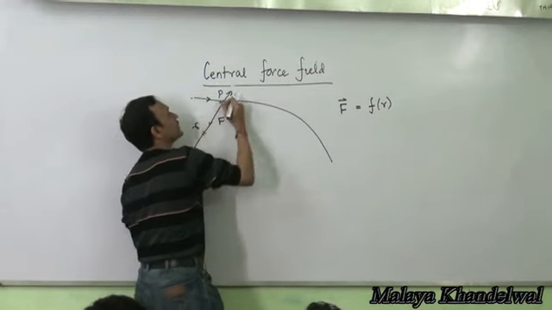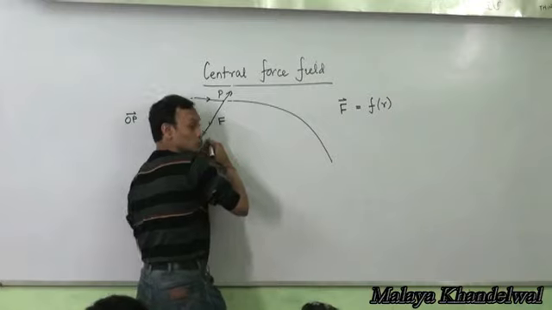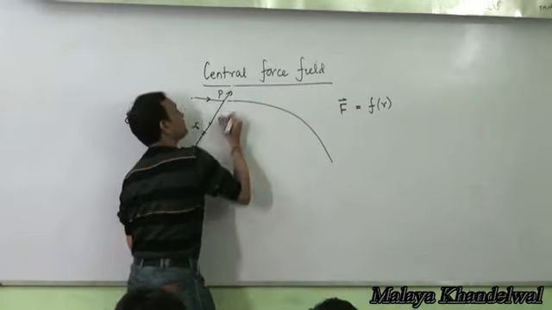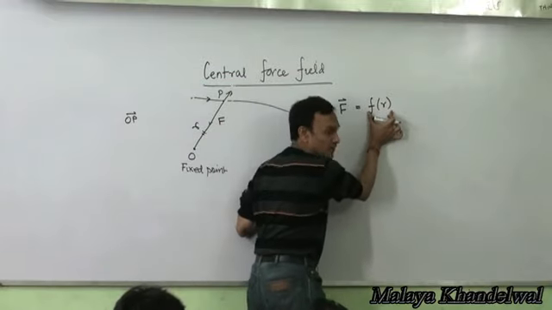This is the imaginary line joining the position of the particle to a certain fixed point O. This distance is R. If the force acting at any given R depends on R, this f of R means